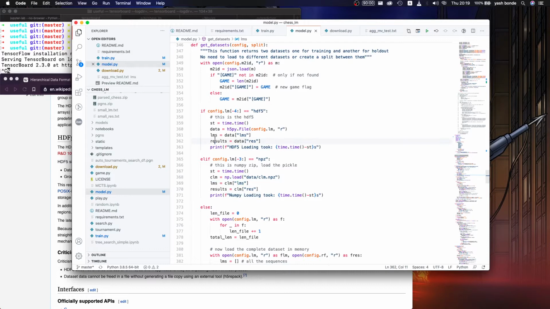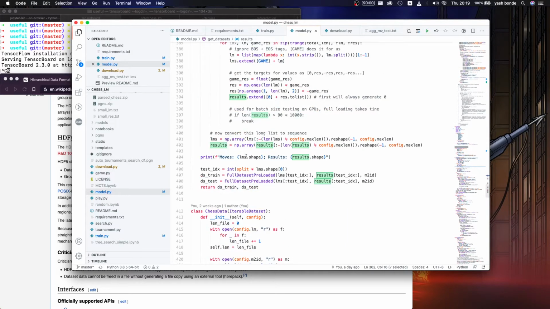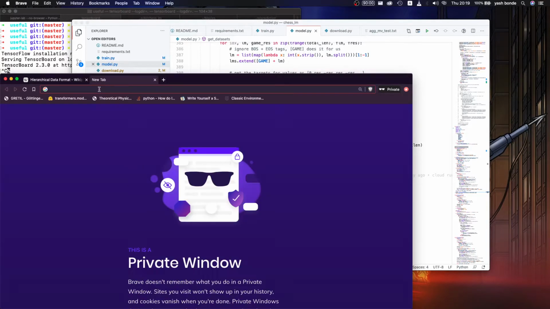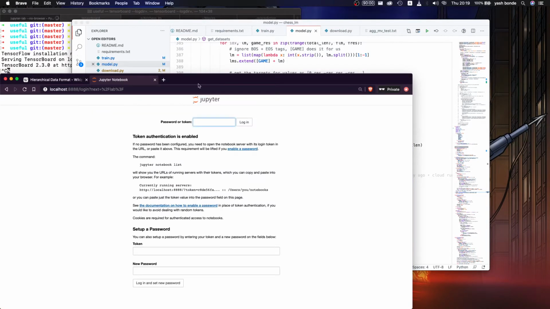And once I have the LMs and the results, you just need to send this to the loaded dataset and it works. So the difference it has made is significant. Now each file process is actually taking,